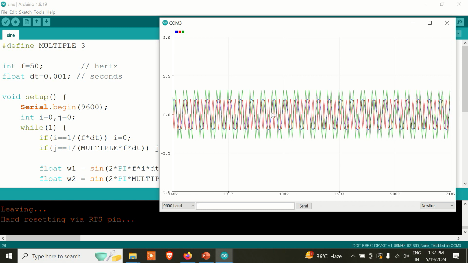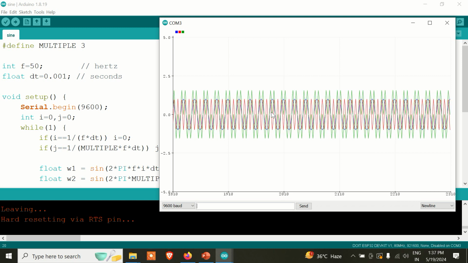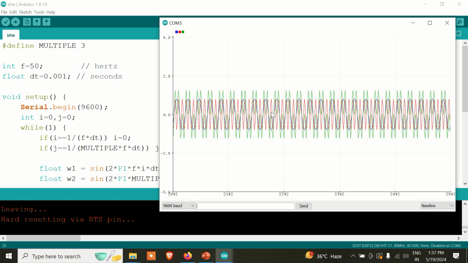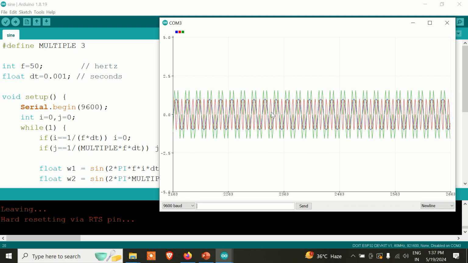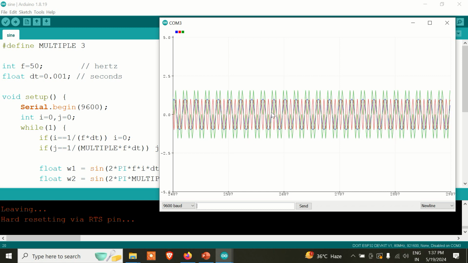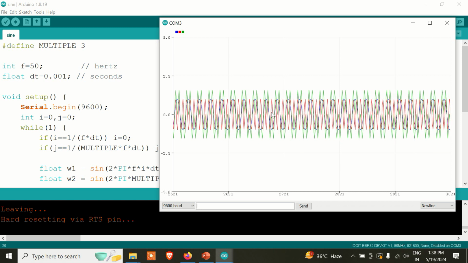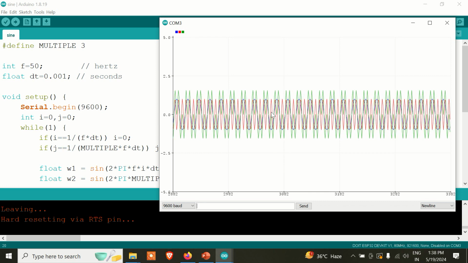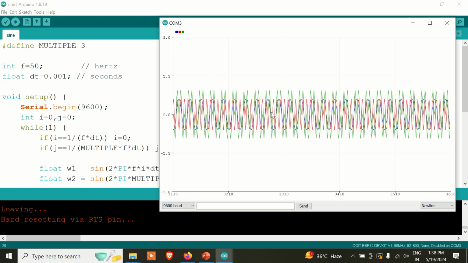a triangular waveform, or any other like ECG, EMG, EEG, all sorts of waveforms, and if they are non-sinusoidal signals, that means they have some other frequency components in them. So our duty is to find out that to shape the waveform, what frequency components are contributing, or